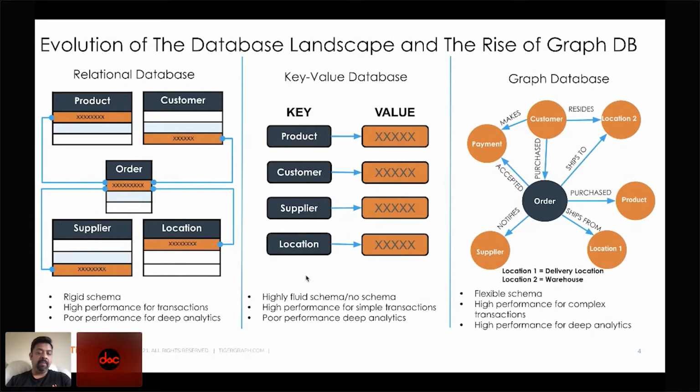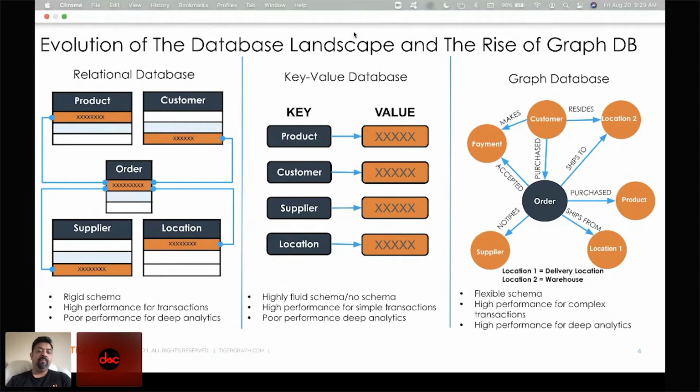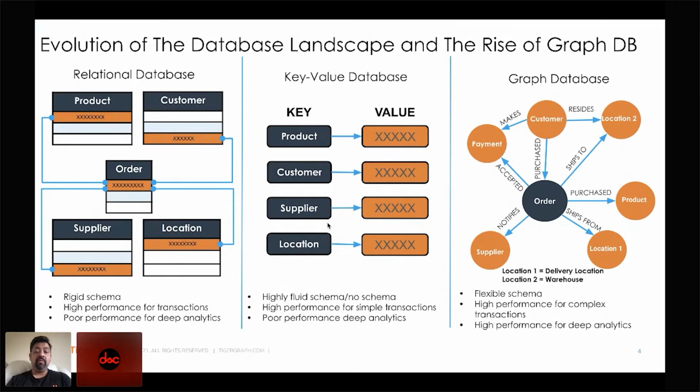So this became popular, especially as the website e-commerce data exploded in terms of different types of fields required on product information, customer information, supplier information. And then databases like MongoDB came in to provide enormous value, providing flexibility in schema. And they are wonderful for providing highly fluid or no schema type databases, because every row can be a separate or different schema. They are great for high performance for simple transactions, but they are very poorly suited for either analytics or AI,